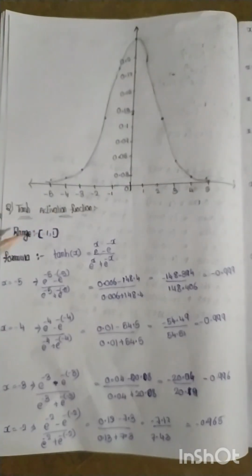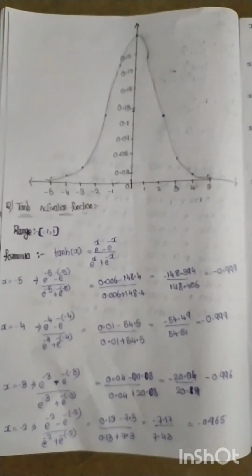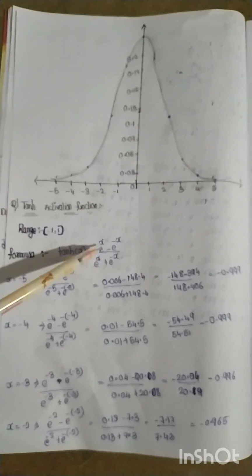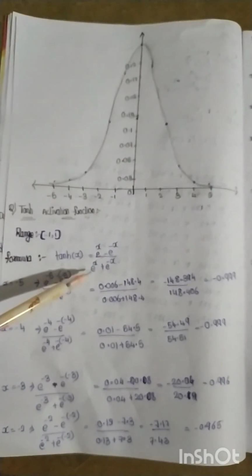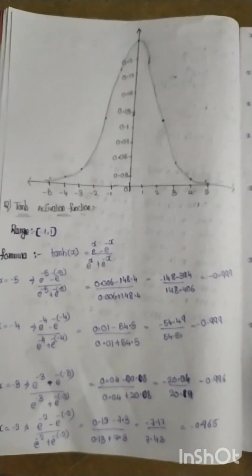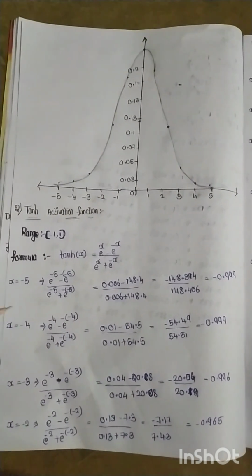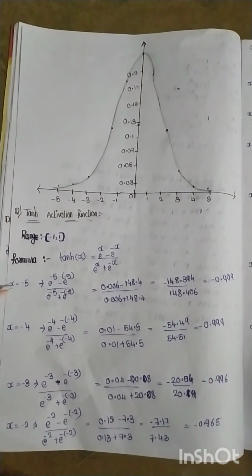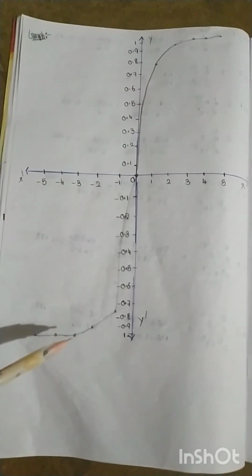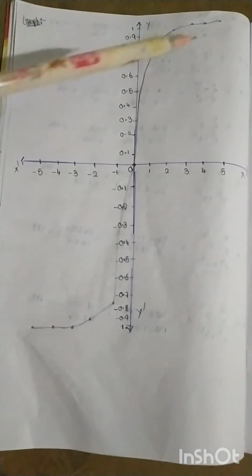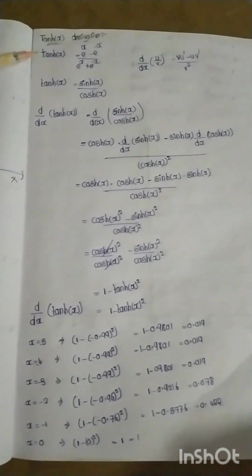The range of this function is from minus 1 to 1, and the formula of the tanh activation function is e power x minus e power minus x by e power x plus e power minus x. And for the graph, I have taken the values of x from minus 5 to 5 and I am getting some output values. It is the graph of the tanh activation function, and now we can see the derivative of the tanh